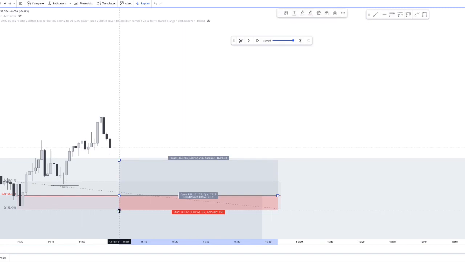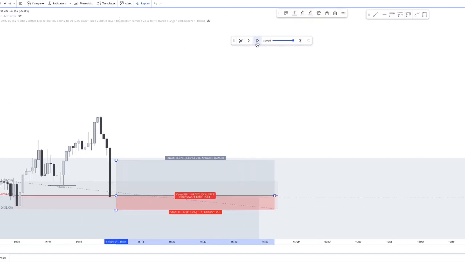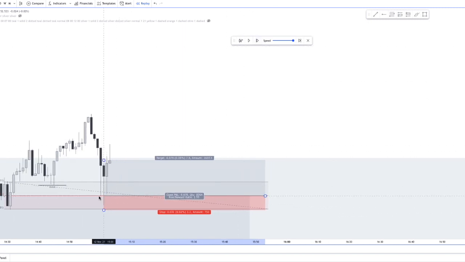Again, 3 pips stop loss, price stopped at this level perfectly, this is ridiculous,